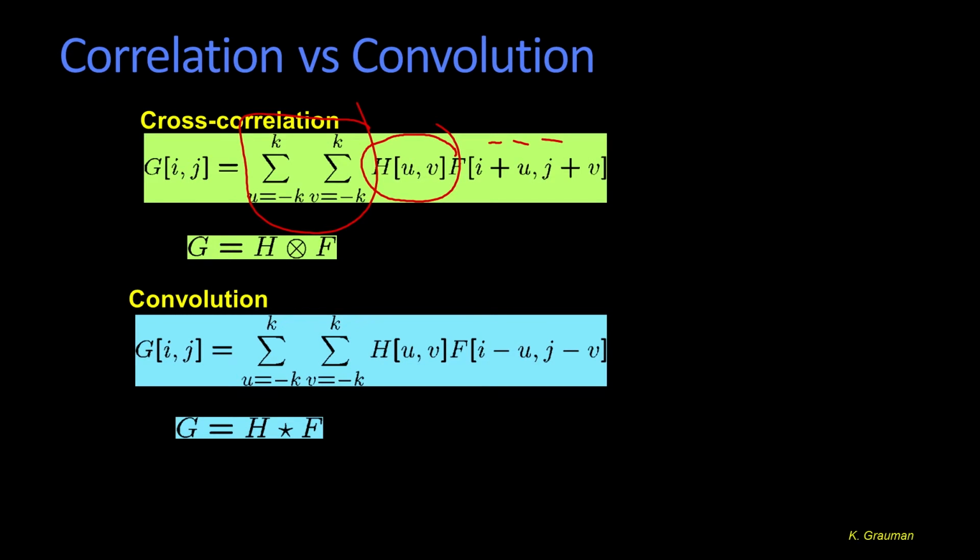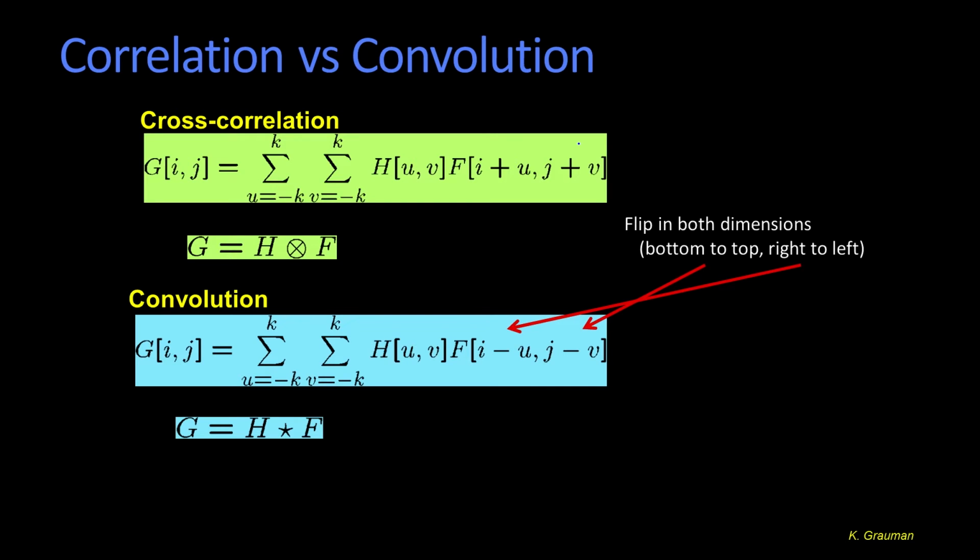So the right way of thinking about the operator is that there's something called convolution. When we do convolution, that's what we actually mean when we say we're going to apply this filter or this kernel. What convolution does is flip both the left-right and the up-down direction. You could have either flipped the kernel or flipped the access to the pixels. It doesn't matter; you would get the same value. And so that flipping gives you what's referred to as convolution.